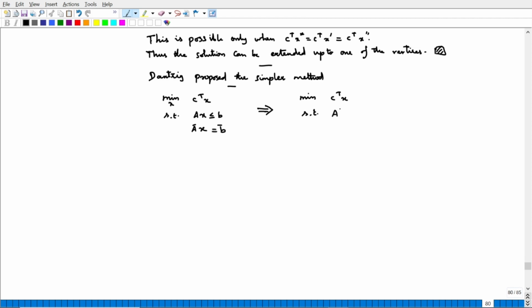So, maybe I will write it as A dash, because the A and this A could be different, okay, and x greater than or equal to 0, okay, in such a way that A dash is an m cross n matrix with rank of A equal to m, okay. So,